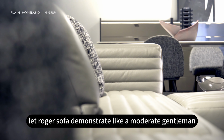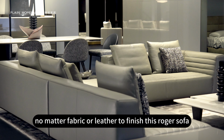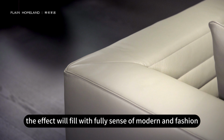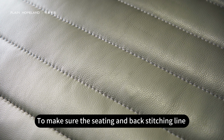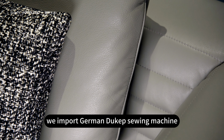Let the roller sofa demonstrate like a moderate gentleman. However, no matter fabric or leather is used to finish this roller sofa, the effect will be filled with a full sense of modern and fashion. To make sure the seating and back stitching lines are straight with a perfect finish, we import a German Dekap